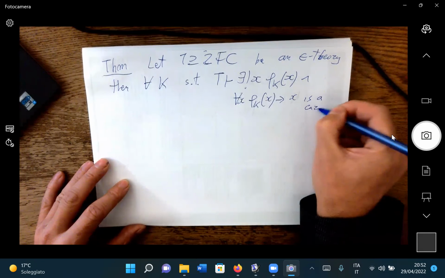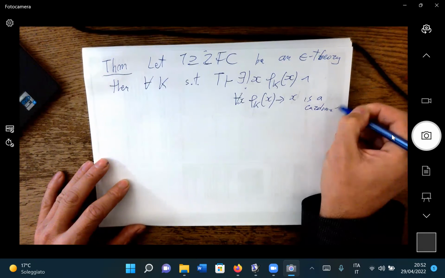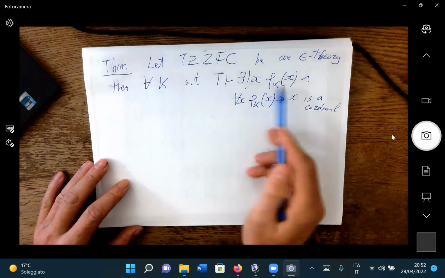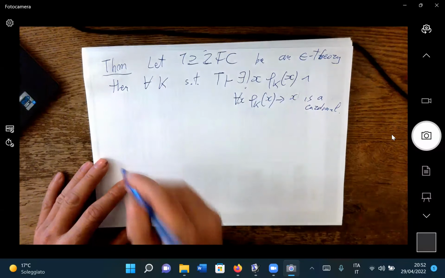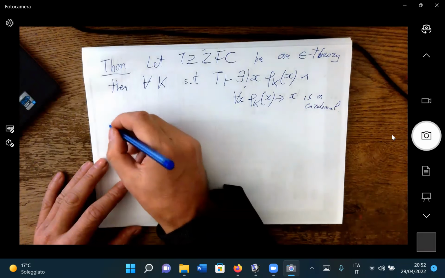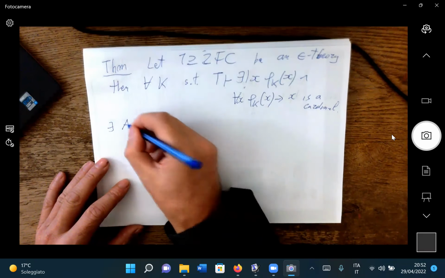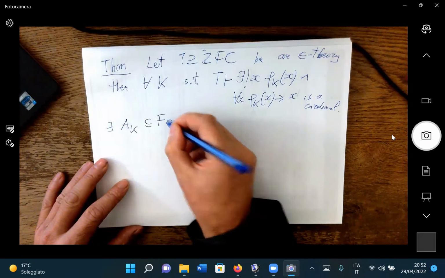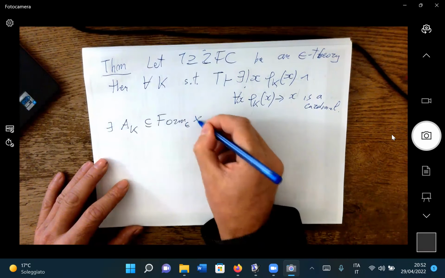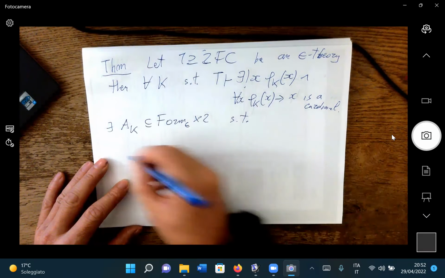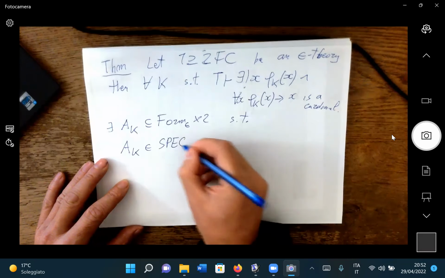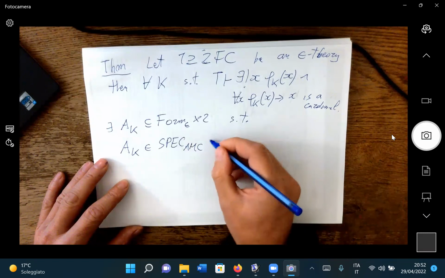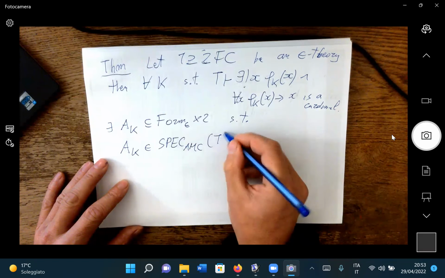So kappa is a definable cardinal. So this is the meaning of this: there is a unique solution of this formula, and the solutions of this formula are cardinals. Then you get that there exists a signature, containing epsilon, such that kappa is in the spectrum, actually in the AMC spectrum of T, and